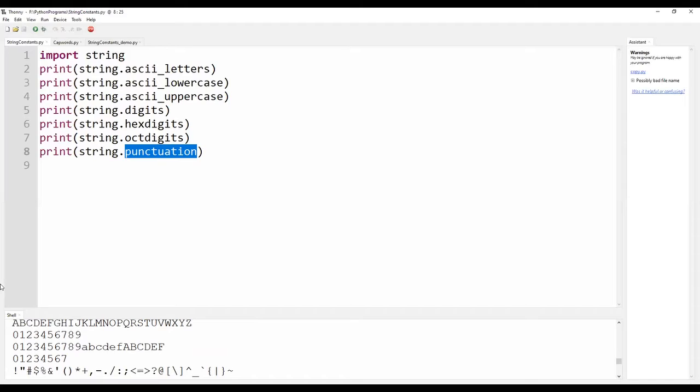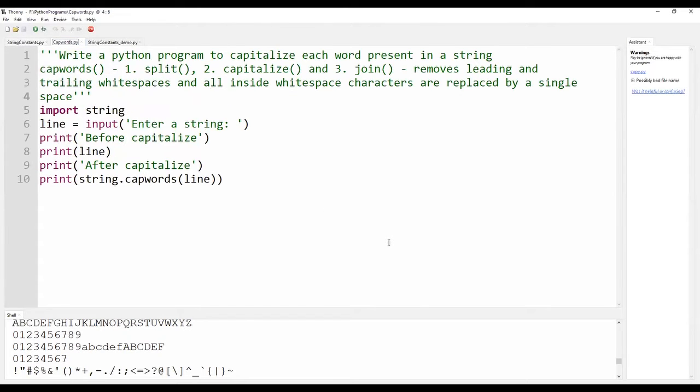All right. Then how to use the utility function present in string? Let us see with a program example. Write a program to capitalize each word in a given string using capwords. The capwords function does 3 tasks, namely, it splits the string, capitalizes it, and joins it.